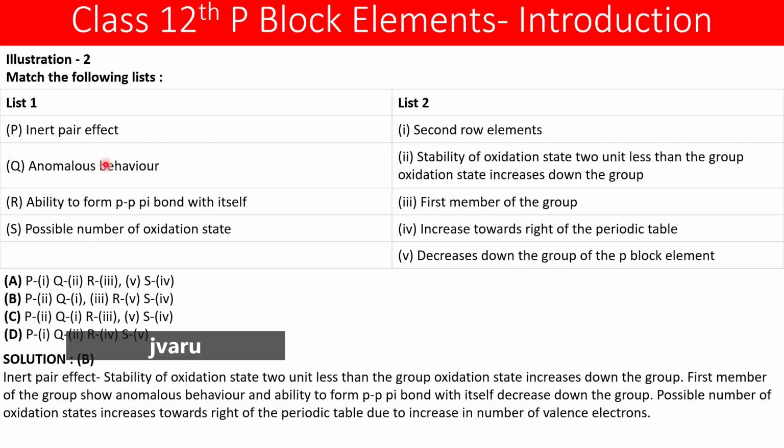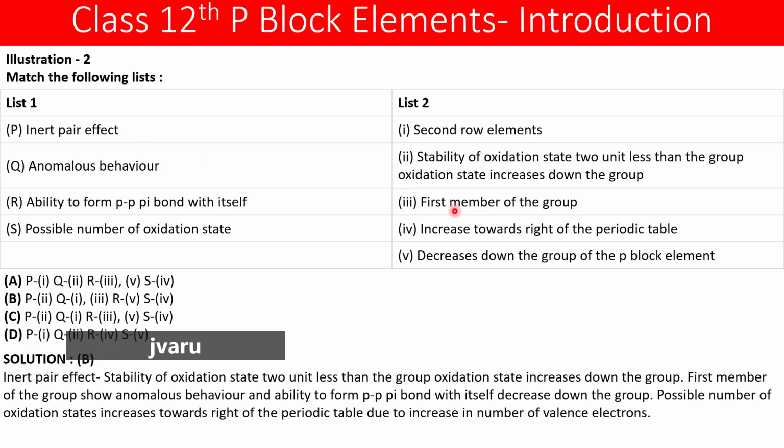वहीं अगर बात करें एनोमलस बिहेवियर के बारे में, तो सेकेंड रो एलिमेंट्स में ज्यादा देखने को मिलता है एनोमलस बिहेवियर, ठीक है। तो जो फर्स्ट मेंबर है ग्रुप का वो शो करेगा एनोमलस बिहेवियर, और एबिलिटी शो करता है टू फॉर्म पी पाई बॉन्ड्स विद इटसेल्फ, अपने आप से ही। वो डिक्रीज करता है डाउन द ग्रुप, जैसे जैसे तुम ग्रुप के नीचे जाओगे, वैसे वैसे उसकी एबिलिटी कम होती जाएगी। तो पॉसिबल नंबर ऑफ ऑक्सीडेशन स्टेट्स इंक्रीज